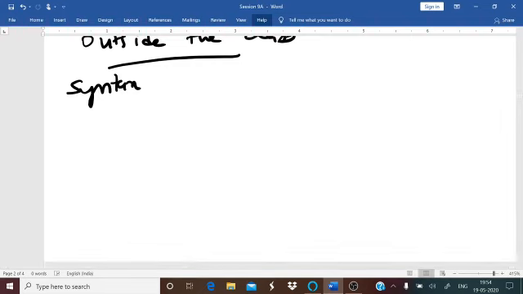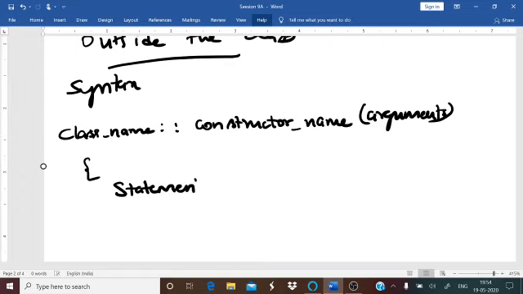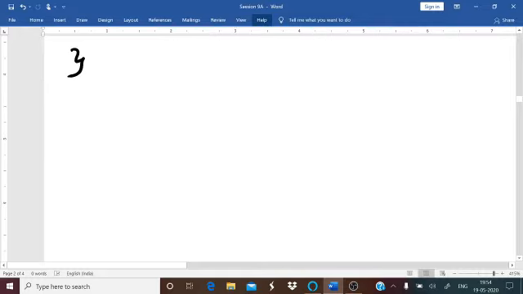Now, the syntax for your constructor, you have to give the class name and then the constructor name and your arguments, and then give your statements, then close.